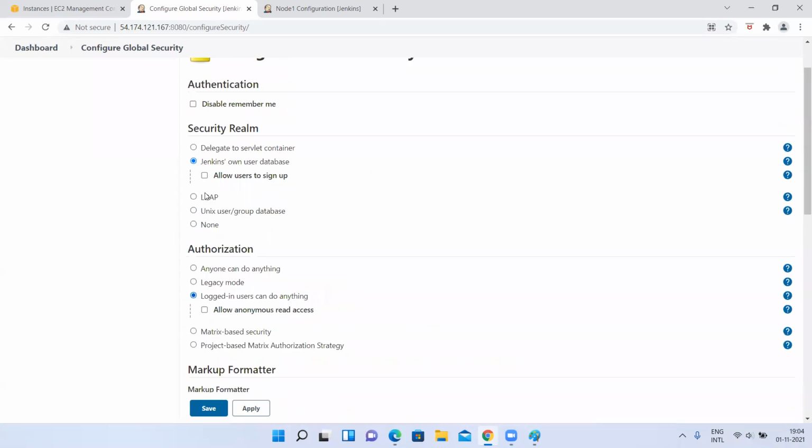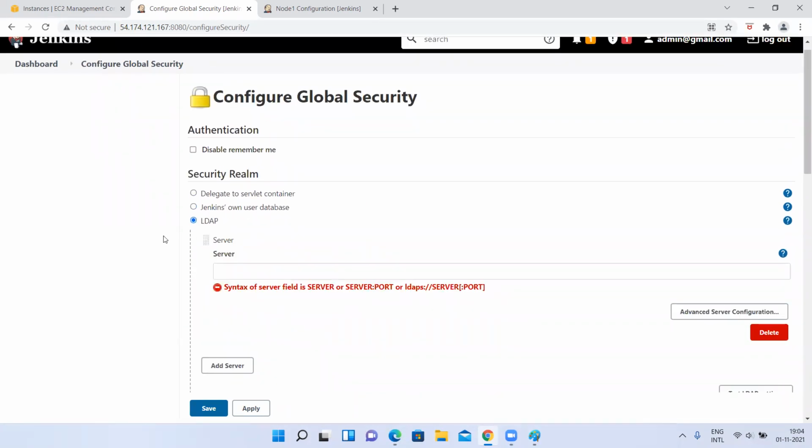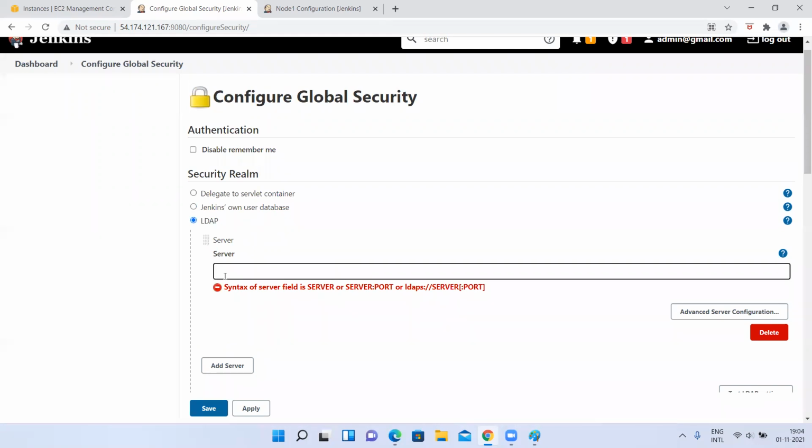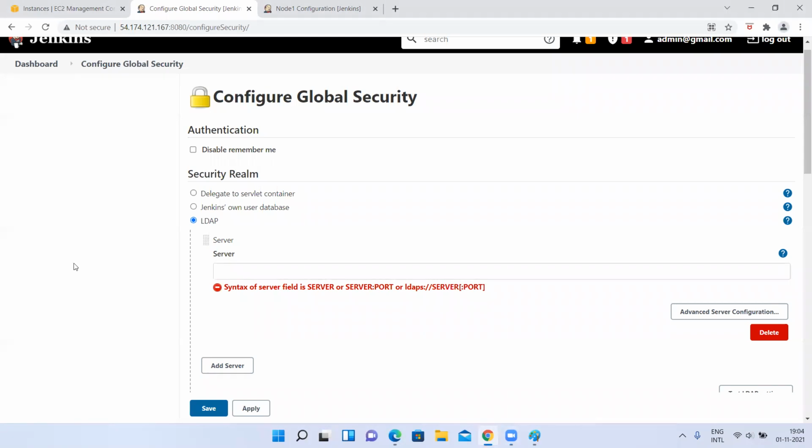Next, LDAP. This is important. What is meant by an LDAP server? Let me give some idea about this. There are so many working people here. Some of you are already working in companies and trying to switch jobs, learning DevOps, or want to change within their company itself. A few are learning for knowledge, and a few for job purposes. If you are working in a company, you might be very clear about this.